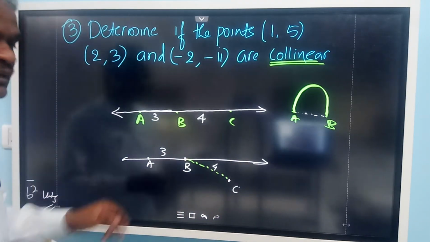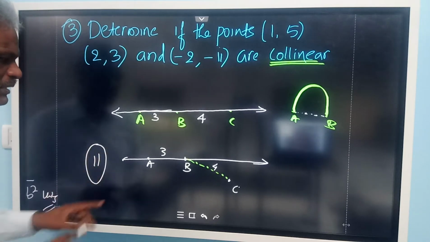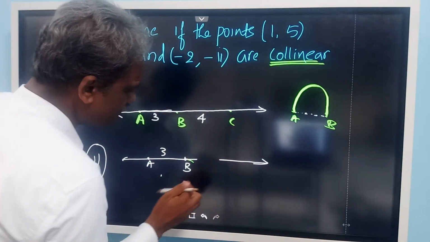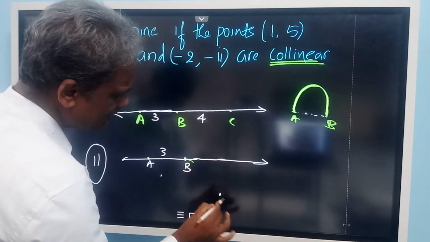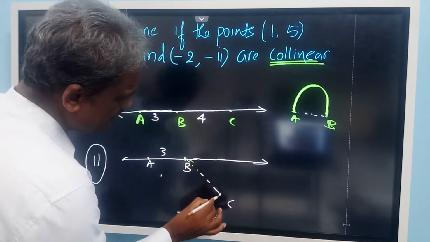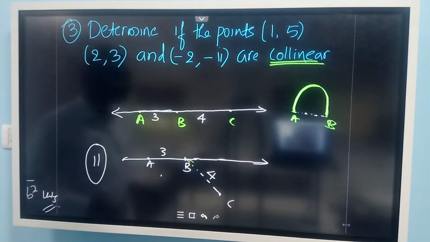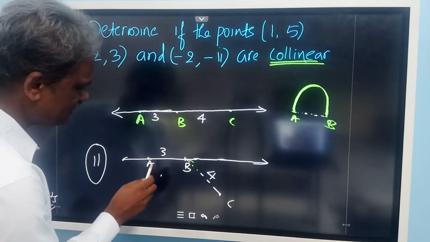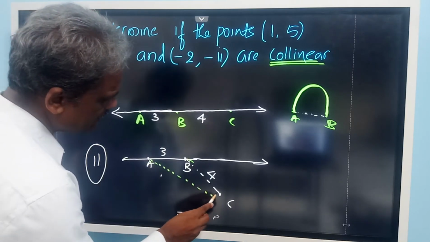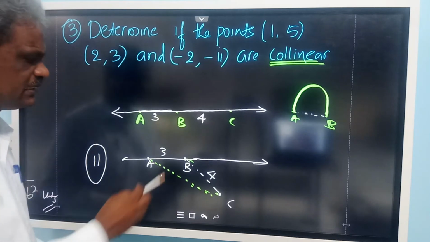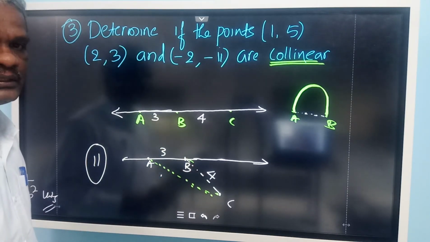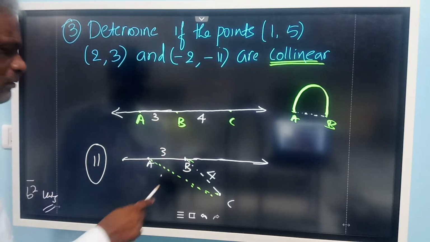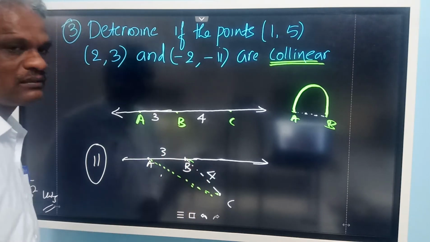Now, if I take a non-collinear point, second situation, the distance between AB is 3. Now I will take a little bit down also. Okay, point C is here. So this distance is 4 units. Now what is the shortest distance between A and C? For A and C, I have to join AC. This is the distance now. Now this is 3, this is 4. Then this is forming a triangle.